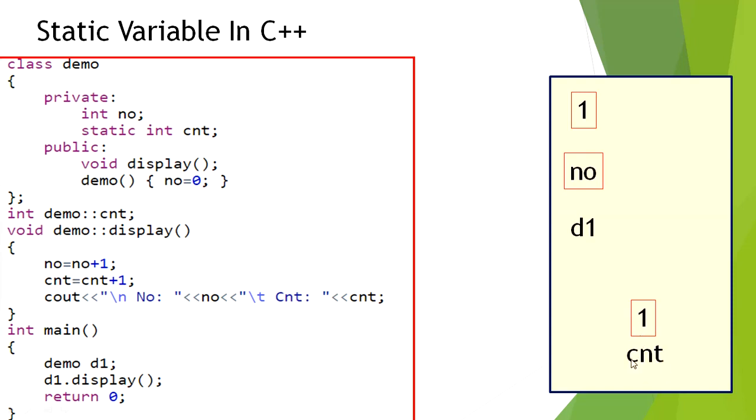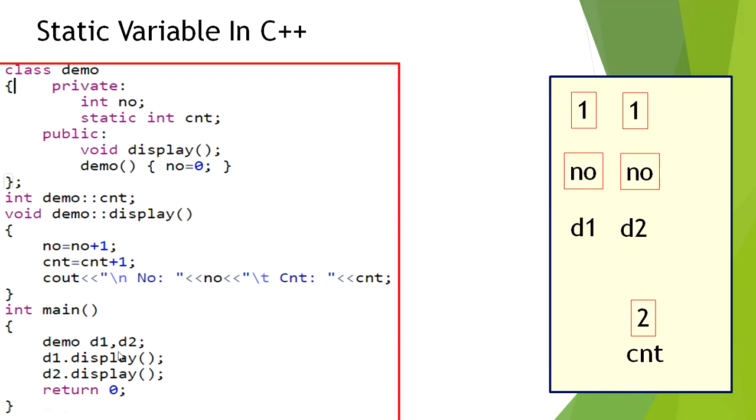And this count is accessible to all the objects whichever you are creating in a given program. So d1 object is created. Using this d1, display is getting called. In display, we have incremented no and count by 1. So this is the memory map for d1.display.